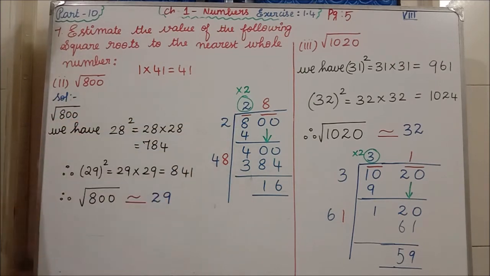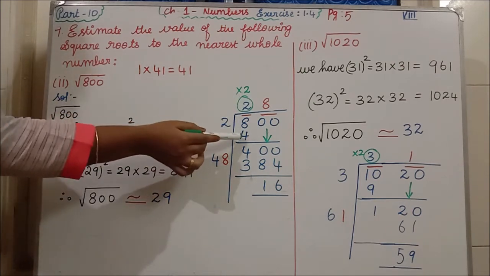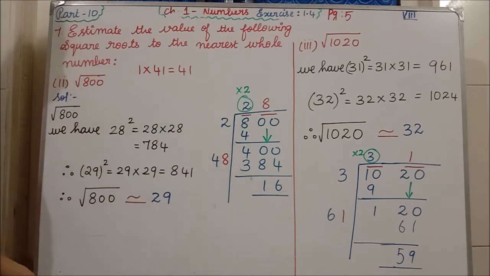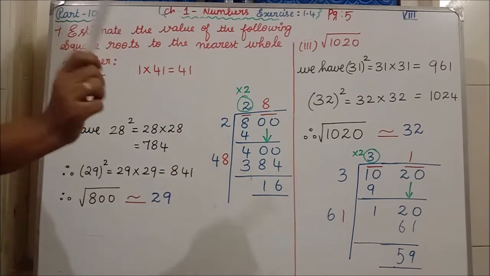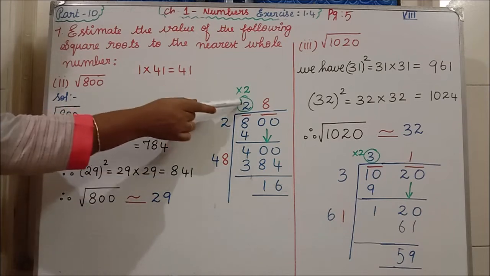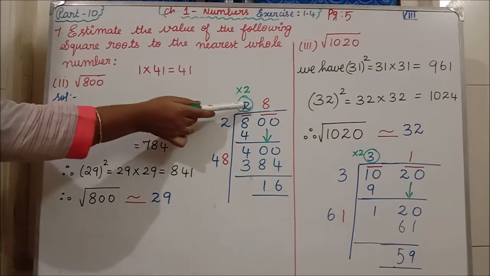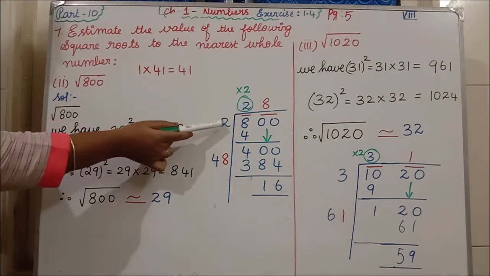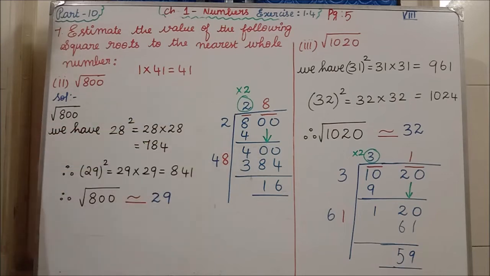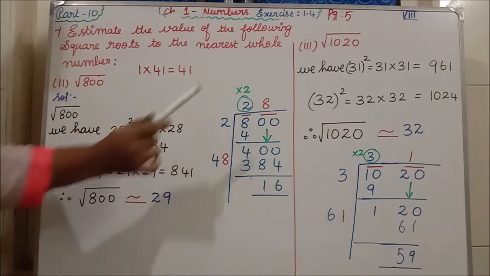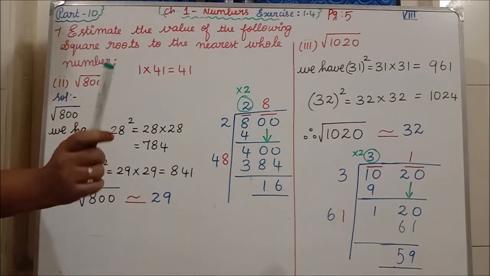1 ones are 1. If you write here 1, that is very small compared to 8. Isn't it? So you should not write 1. 2 2s are 4. That is also a small number. Then we will try with 3. 3 3s are 9. That is a big number when compared to 8. So you should not put 3.